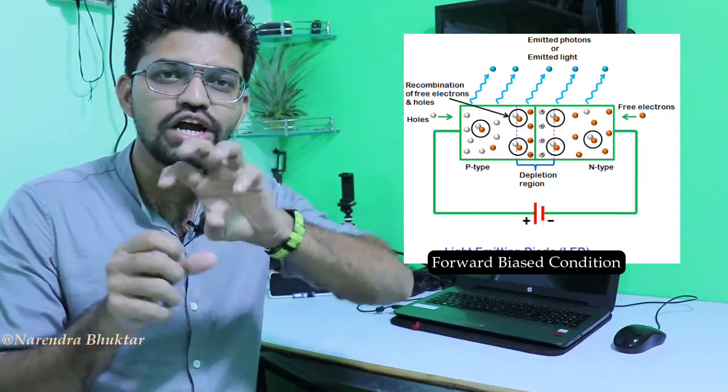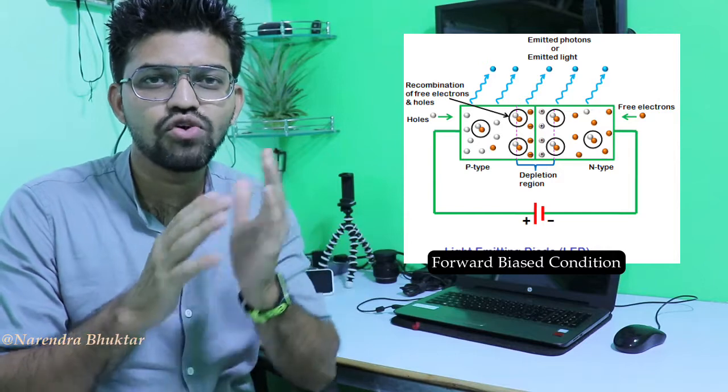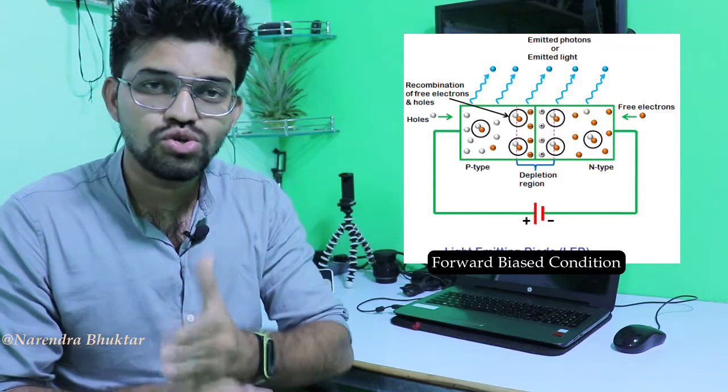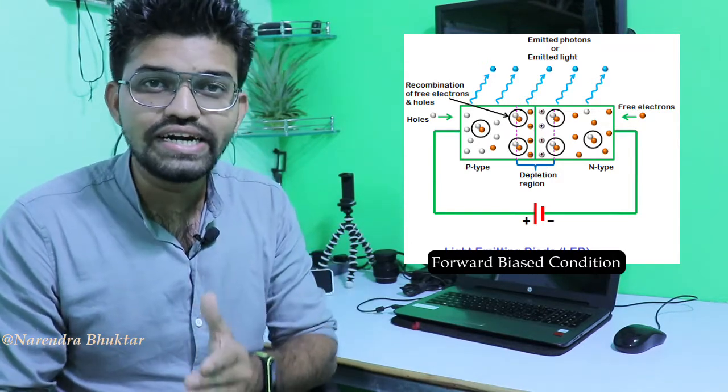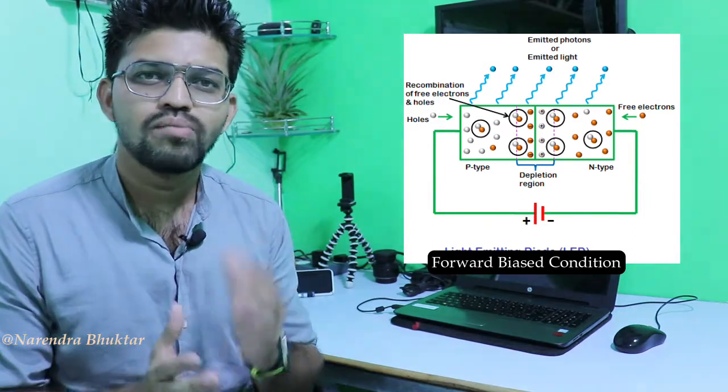Like, the electrons won't flow into the holes. The flow direction will get changed. So that's why LED devices always work in a forward bias condition. But guys, nowadays we can see LEDs producing different colors, like LED strips. They can produce any color.